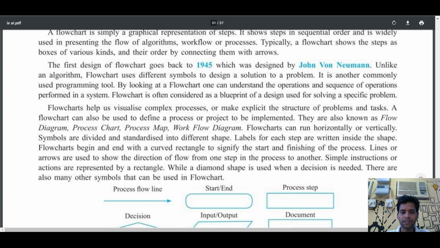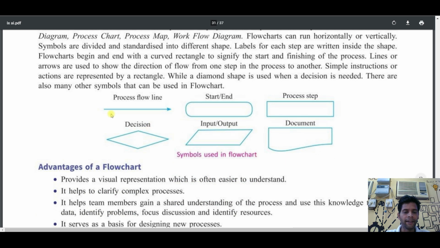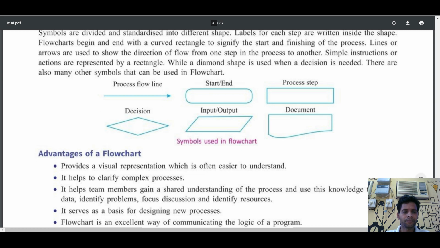This is the process flow line. This is the start and end symbol, process step, decision, input output, and document. You need to remember all these symbols and their meaning, and why we use them.